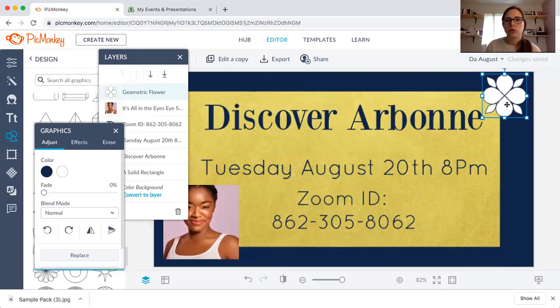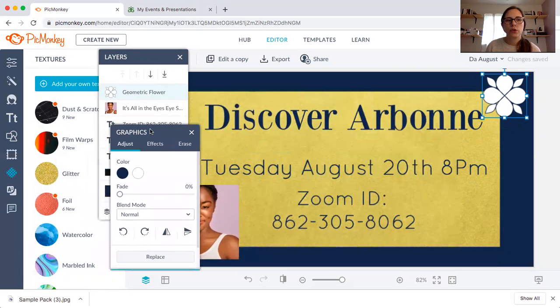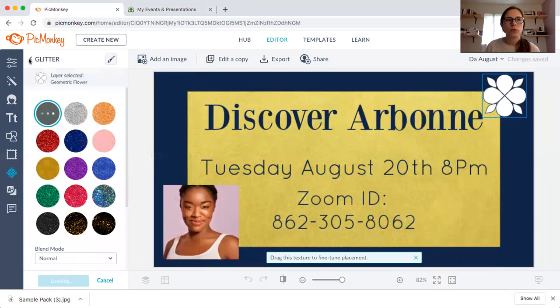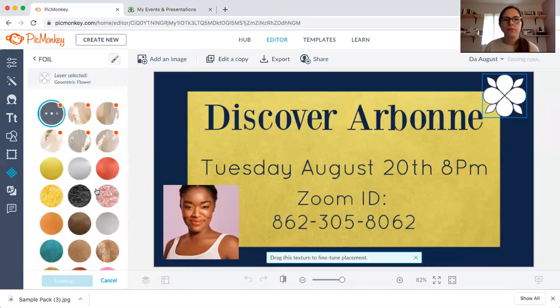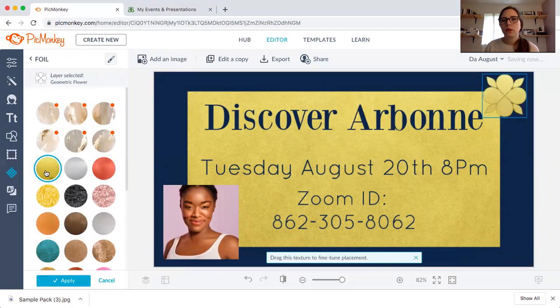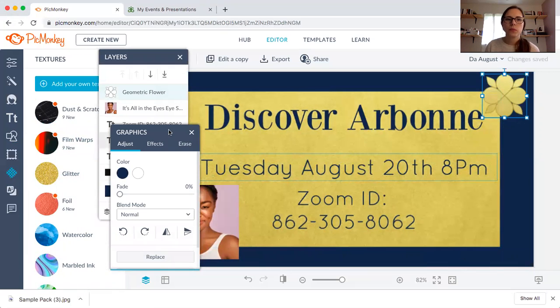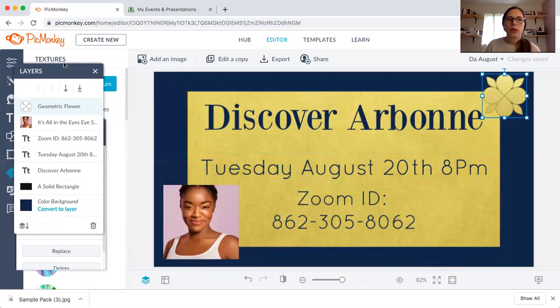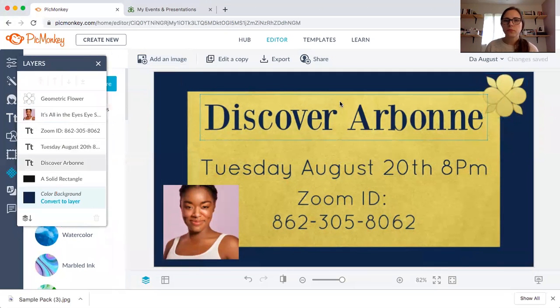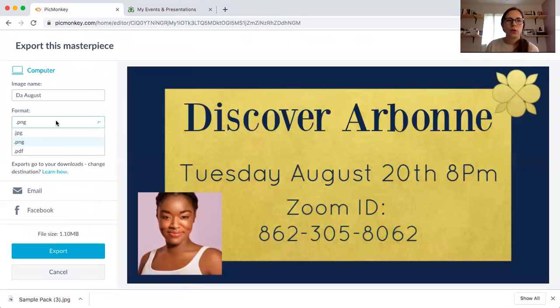And we are going to add the same texture or pattern to it so that it's cohesive. Okay, there we go. All right, so now that we're done, you can either export this and you're going to go to